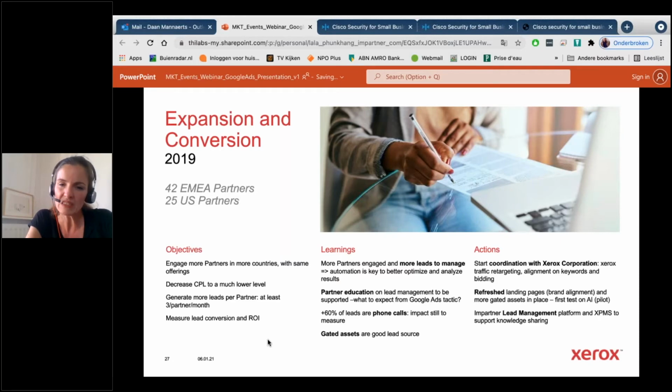We were very focused on finding the best strategy to increase the number of leads we generated for partners, so they would also pay more attention to this program. And in the end, we reached that goal, but we also discovered the importance of putting in place